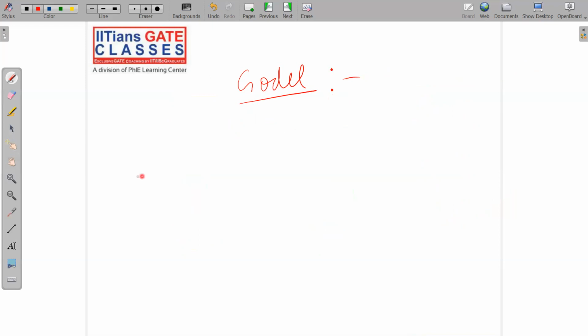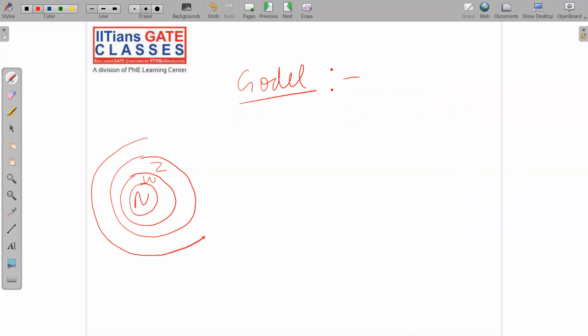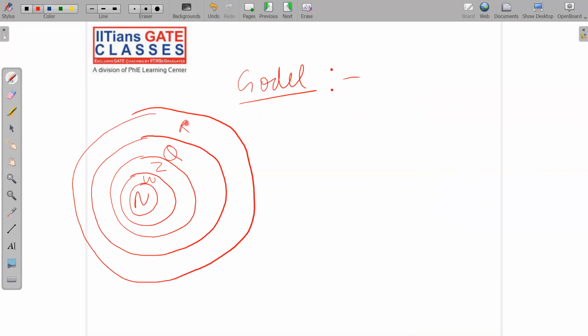Okay, so you know, the set of natural numbers, then the set of whole numbers, and a whole number has just one extra zero: a natural number is 1 to infinity and a whole number is from 0 to infinity. And then we have integers, and then we have rational numbers, and then we have real numbers, and then complex numbers and so on. So let me take till this step only, till rational numbers.